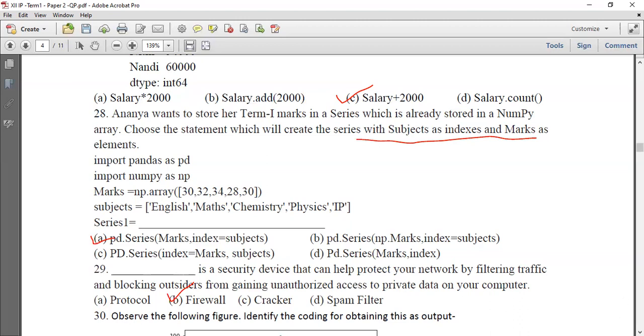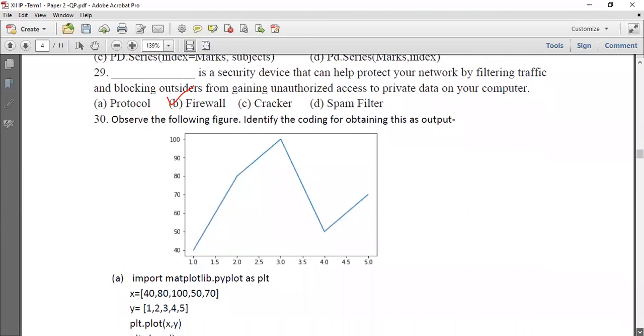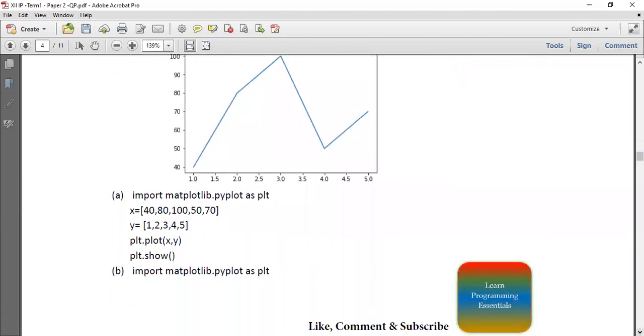Observe the following figure carefully and identify the code for obtaining this output. Your line chart is plotted, so X values and Y values are needed. X values will be 1, 2, 3, 4, 5, and corresponding Y values are 40, 80, 100, 50, and 70.